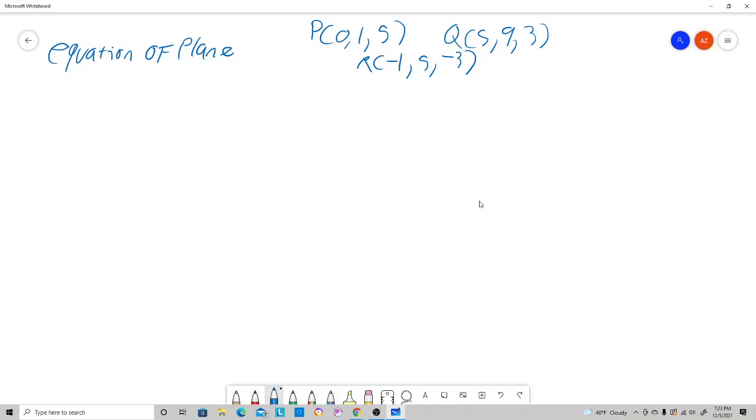Hello, everybody. Today I will be going over how to create the equation of a plane if we're given three coordinate points. So we always need three usually. The first thing we want to do is create two vectors, because when we have two vectors